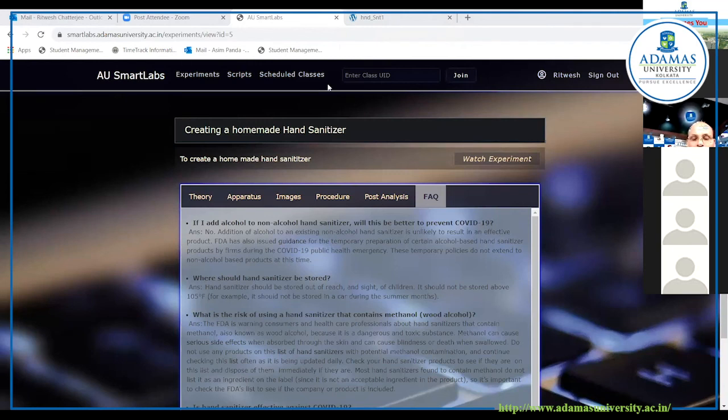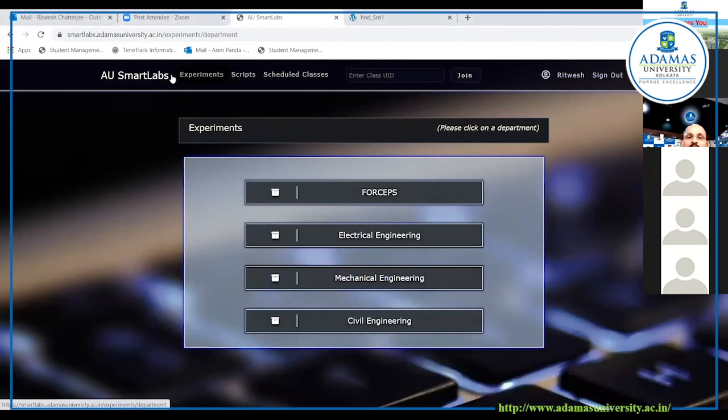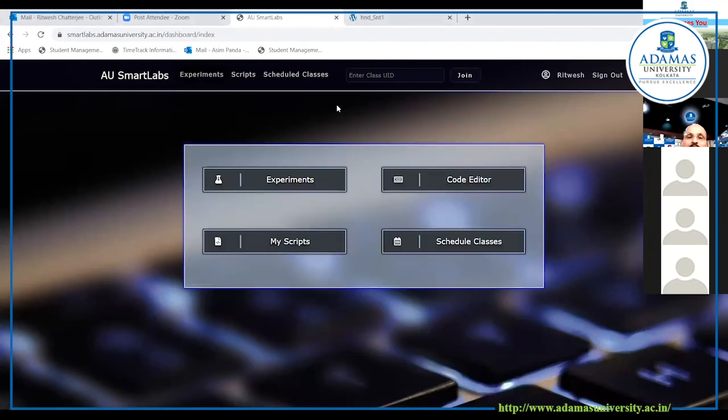Right, now I'll just briefly go over the other sections of the website. So this is our dashboard. Now for computer science students, when you're participating in lab classes, your faculty members or teaching assistants would provide you with a class ID.